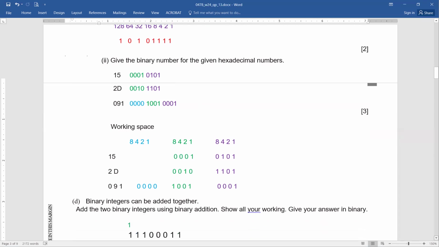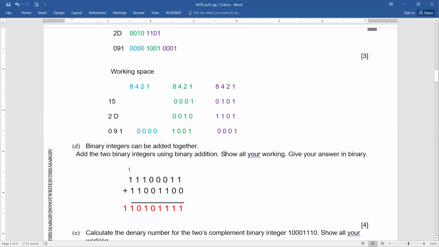Now part D. Binary integers can be added together. Add the two binary integers using binary addition. Show all your working. Give your answer in binary. This was the first binary value, 00011111, and the second binary value is 11001100. So here we are starting from the right hand side, and you can see here